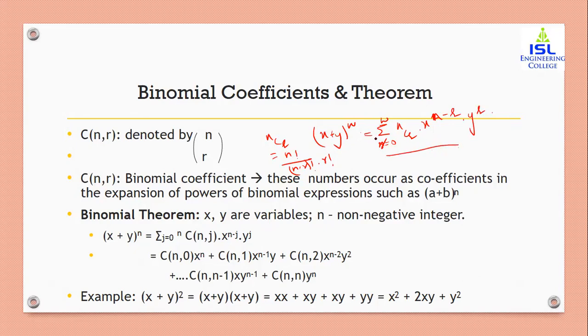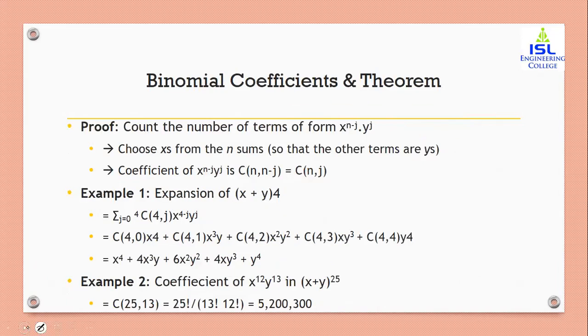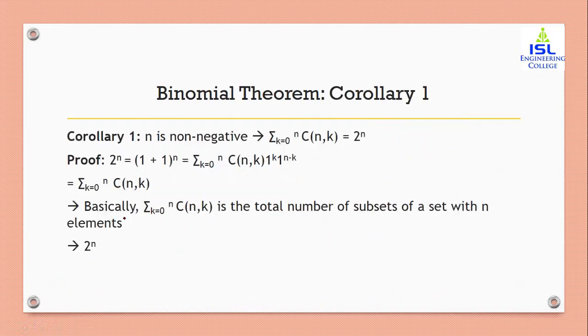Here this is something which you have already studied, binomial coefficients and theorem. But what if this value, instead of being a non-negative integer, is a real number? In that case we have a formula given with the help of a generating function. So let's see that. This problem can be solved by you: (x plus y)^4, coefficient of x^12 y^13. Please solve it on your own. I'll directly proceed to the extended binomial theorem.